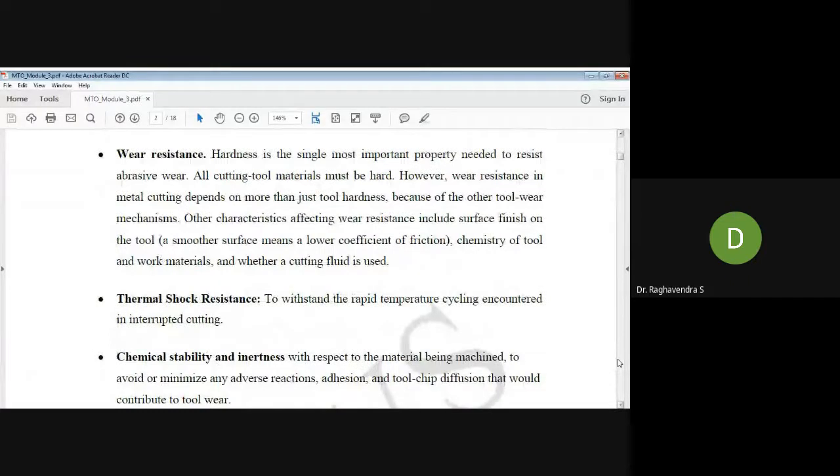Wear resistance means that whenever a cutting process is going on, the sharp edges of the tool material should not get dented or blunted. It should retain its original shape. If you keep cutting vegetables with a knife, after 6 or 8 months your knife gets blunted, right? Then you take that knife to the nearest market, to a grinding person, and you sharpen it once again. Those things should not happen in a cutting tool,